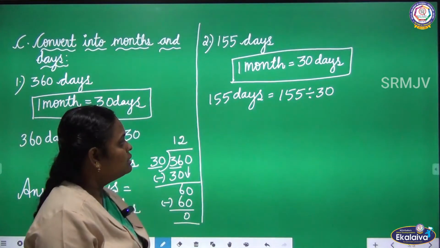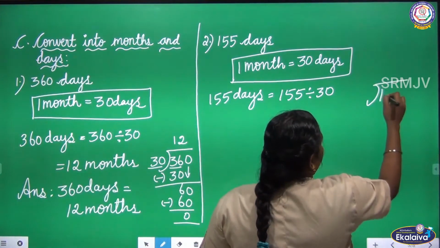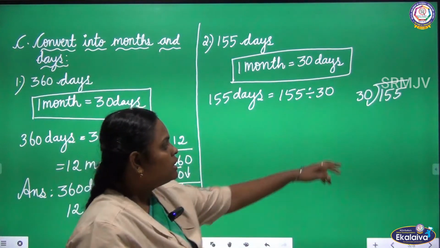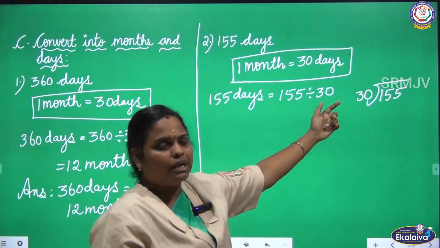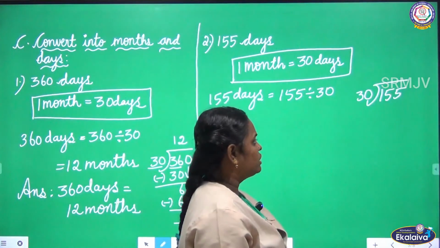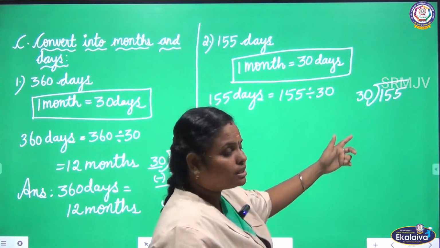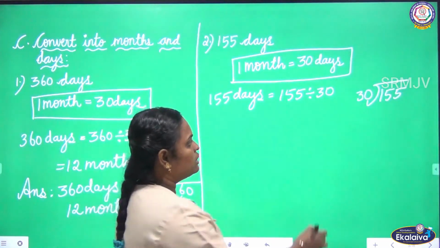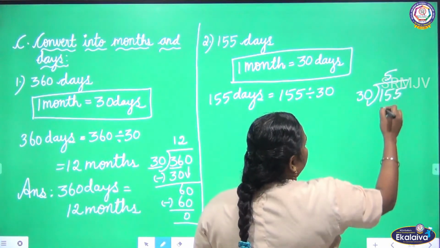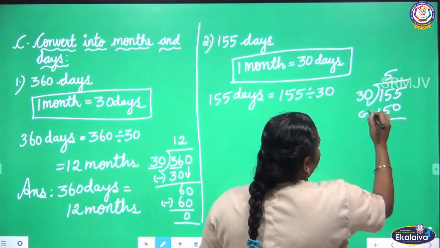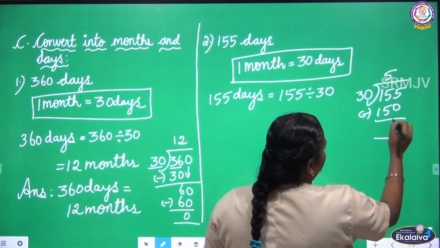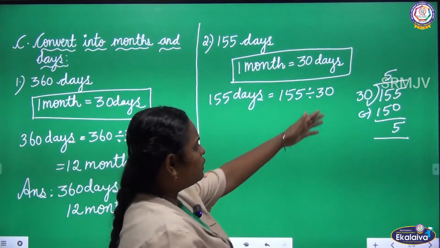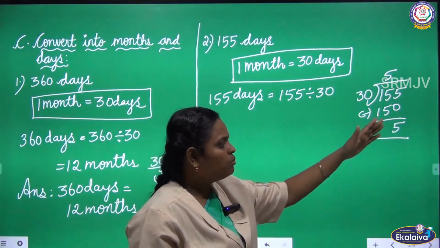Shall we divide this? Yes. So 155 by 30. So how many times shall we take? If you take 2 digits, it is less than the divisor. So we will take 3 digits and then check. So 30 ones are 30, 30 twos are 60, 30 threes are 90, then 30 fours are 120, then 30 fives are 150. If you subtract, 5 minus 0 is 5, then 5 minus 5 is 0, 1 minus 1 is 0.